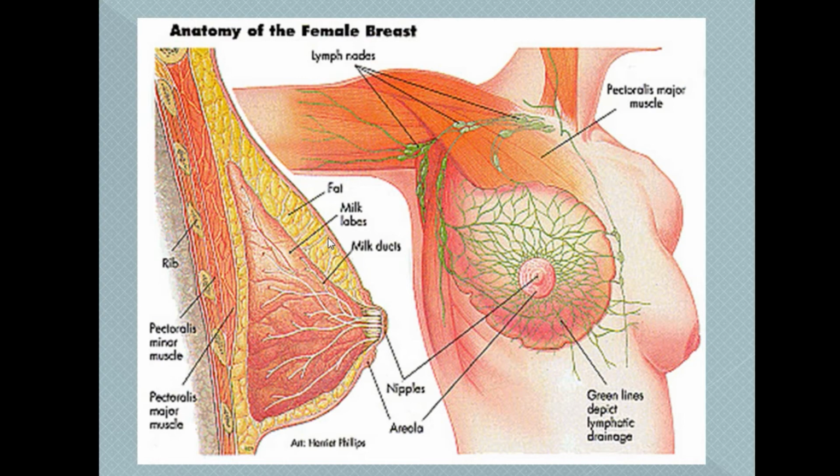It is somewhat spherical and semicircular in appearance, and it lies on the superficial connective tissue of the anterior chest wall, and just below that are the anterior chest wall and the muscles of the pectoral region. So it is present in the subcutaneous tissue. That's why it is considered a type of modified sweat gland, and it is suspended from the skin by supportive tissue, which not only suspends the breast tissue but also provides the septation and separation of the lobules.